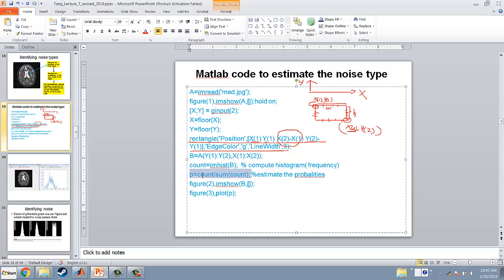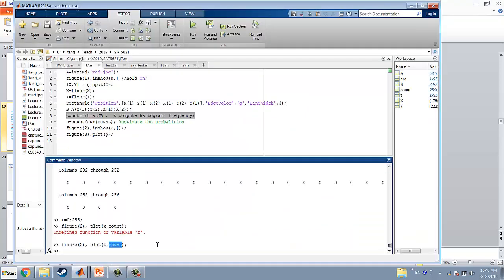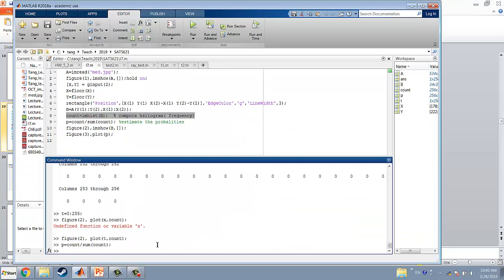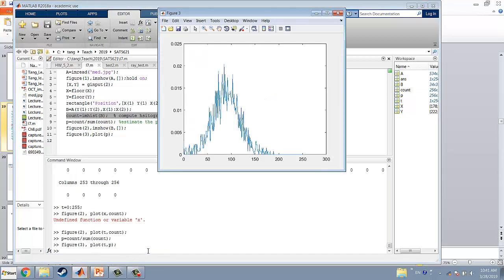Then you use this one to get the probability, okay? That's P, okay? The same, you can show the normalized histogram on figure 3, okay? T, then this should be P, okay? See here,